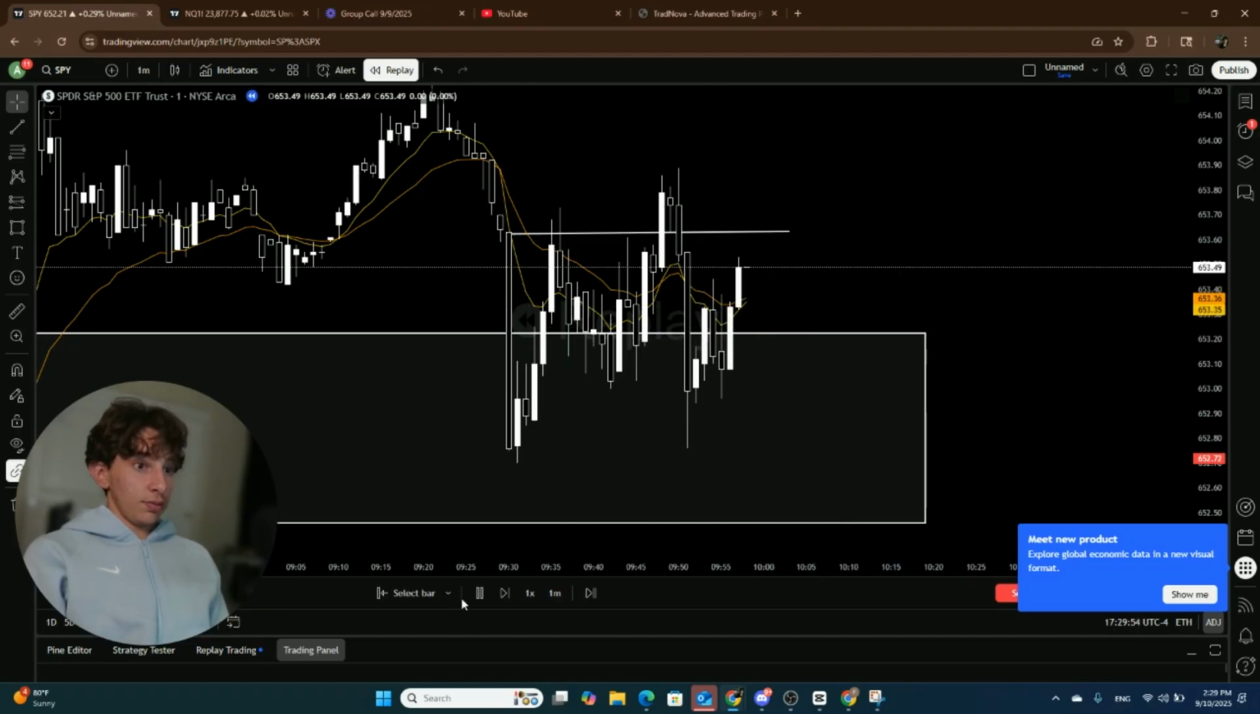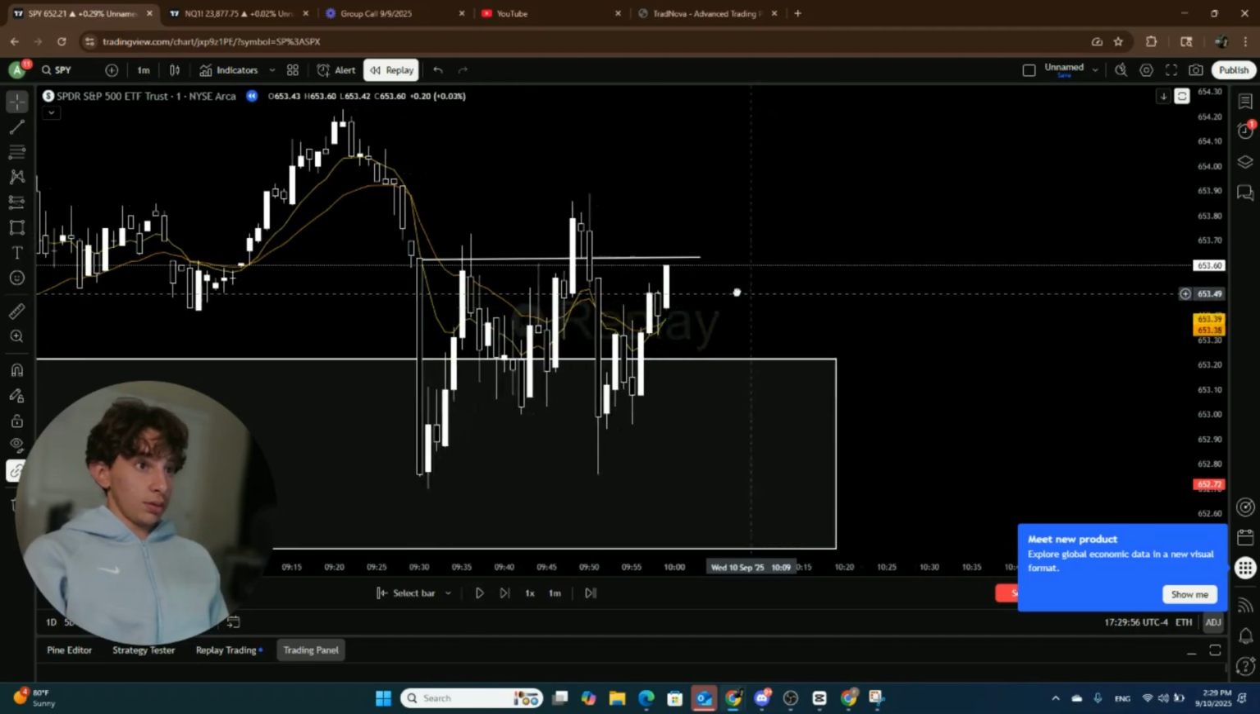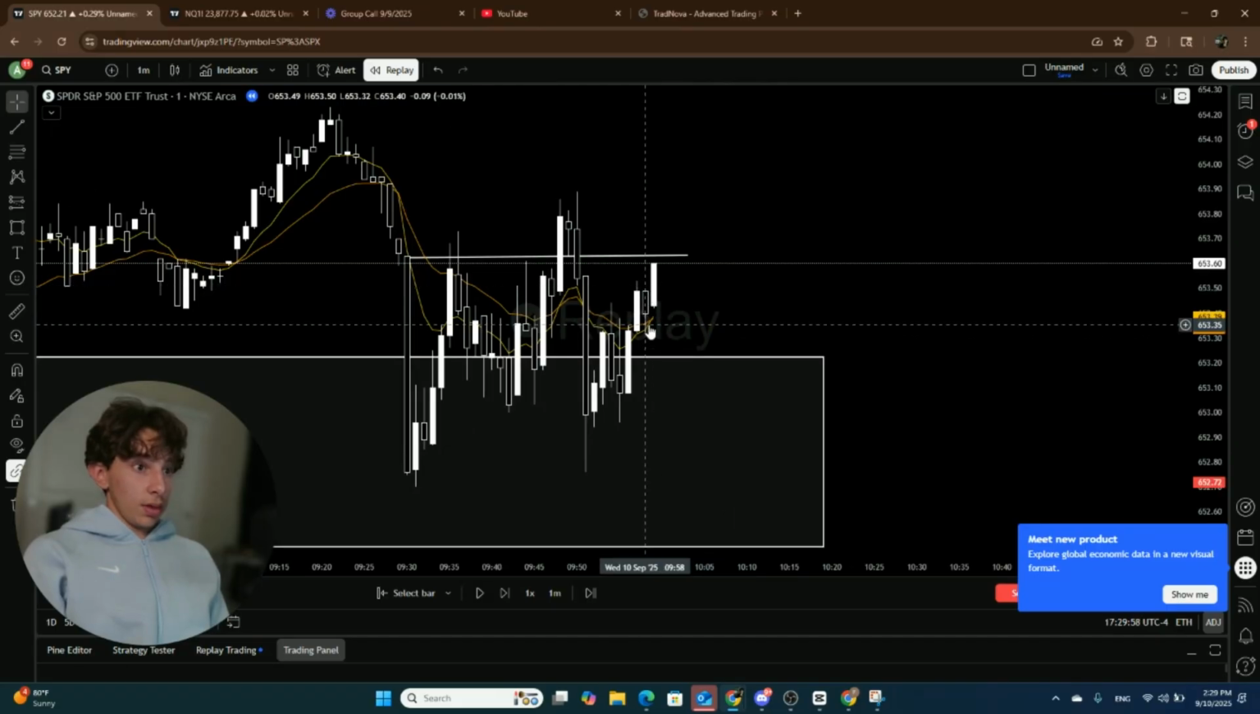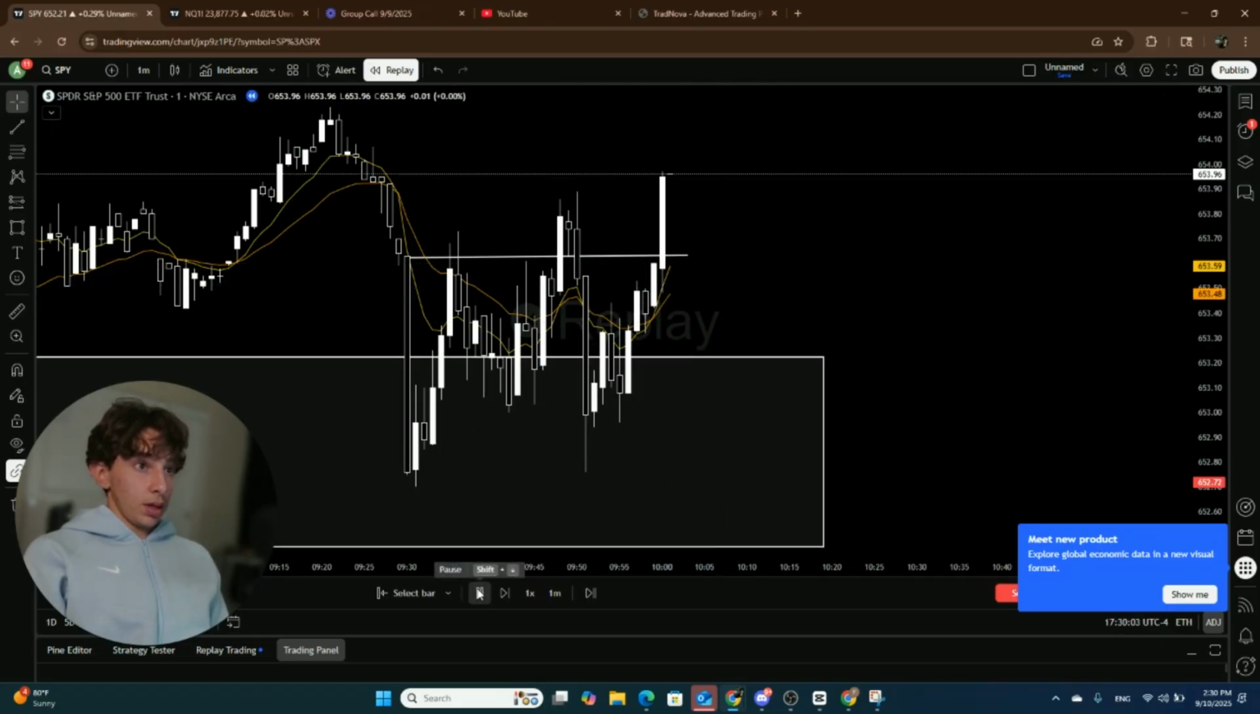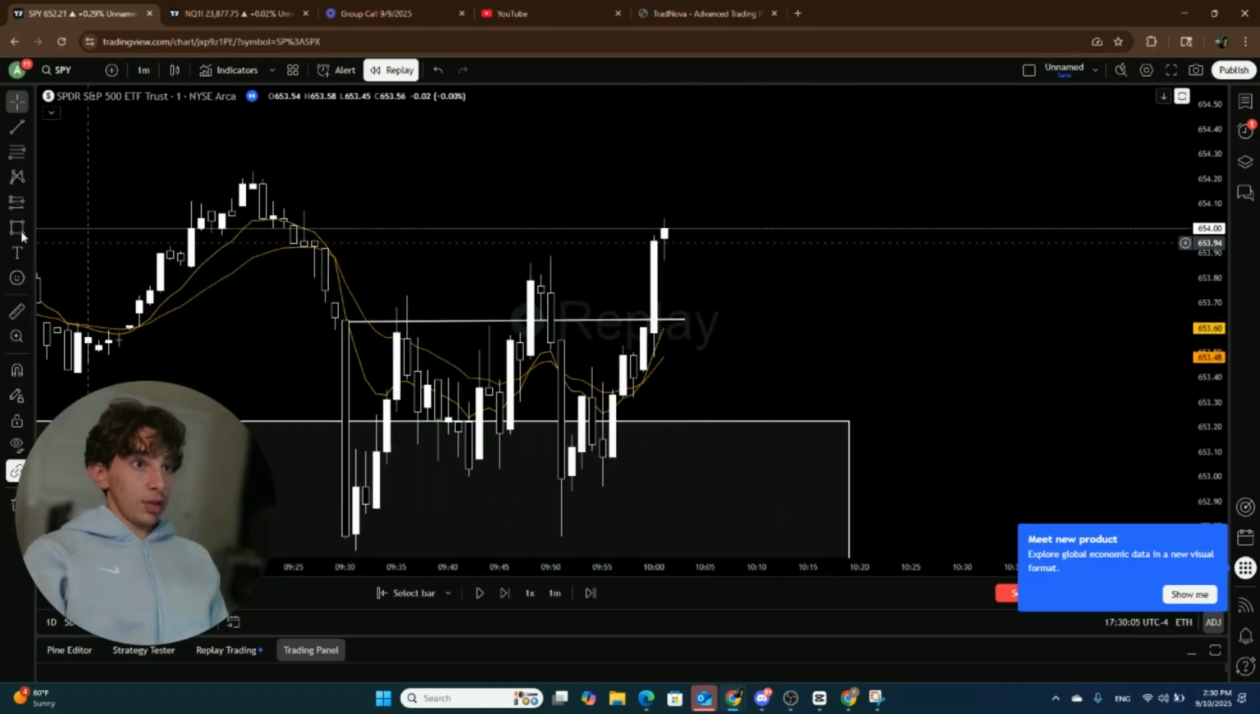So now what is it? 954, and then boom. So now we're displacing up. Now we're about to hit 10 a.m., and then we had displacement right there. This is my entry. My entry was displacement over